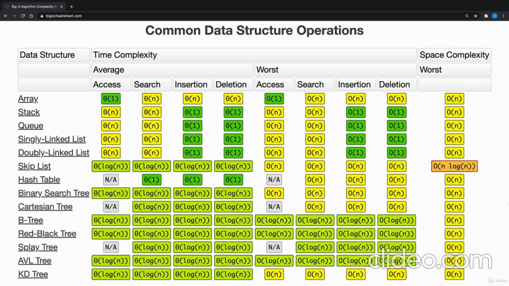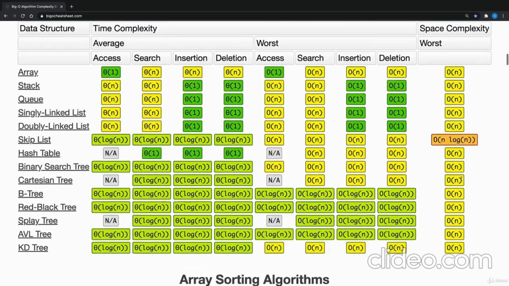which we're not going to build in this course. But everything is O of n, except for that one. So everything that we're going to build for data structures have identical space complexities. And this is one of the reasons why we're going to spend more time on time complexity than space complexity, because for data structures, it's all going to be the same. But it's different when we scroll down